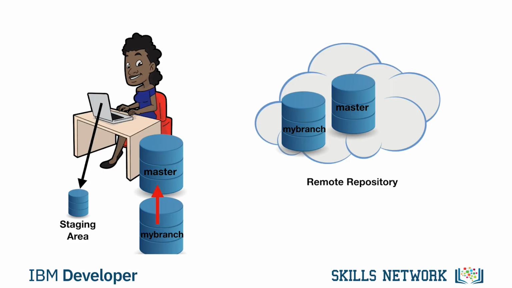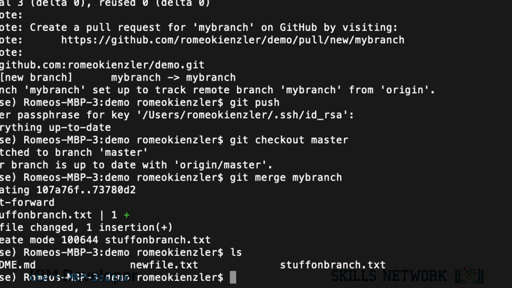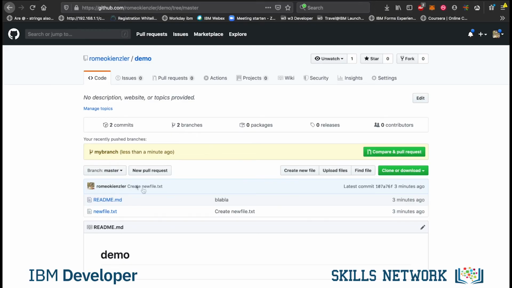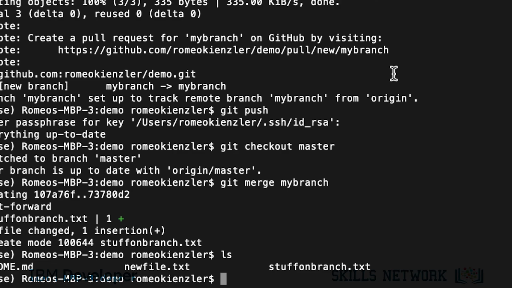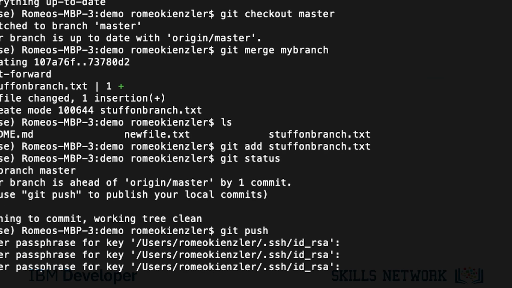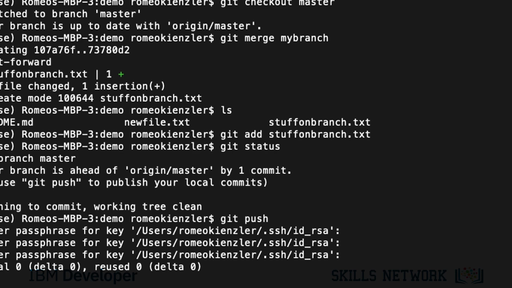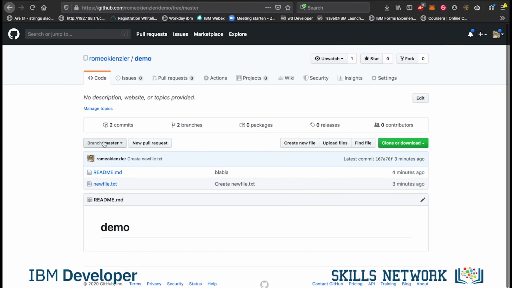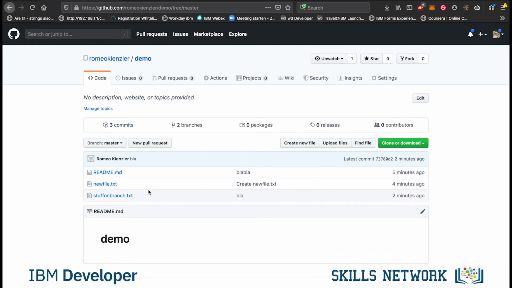So you see here we have stuff on branch also in my local folder here, but we see here it's still not in the master. Okay, that means we say git push, so, and if we now refresh, we see stuff on branch.